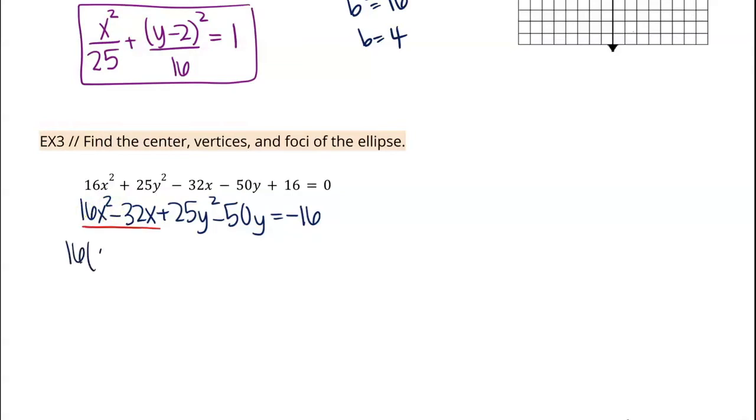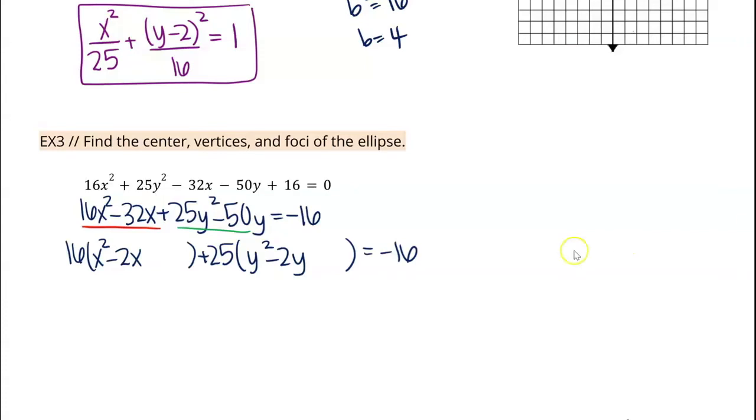This will be 16 times x squared minus 2x, and I'm going to leave a little bit of a gap so I can complete the square. Same kind of thing for y. I need to factor a 25 out of both of those terms, so that a value will be 1, then that'll be y squared minus 2y, and I'll leave a little bit of space there. I haven't actually changed anything yet, I've just done a little bit of factoring. So now I need to